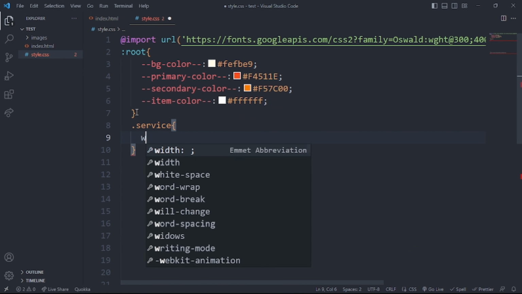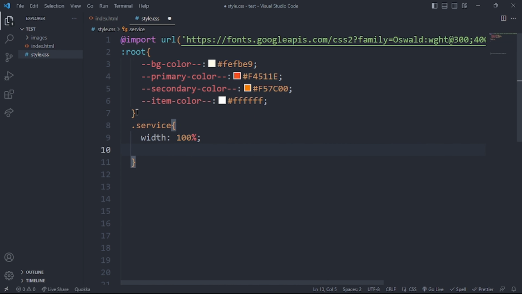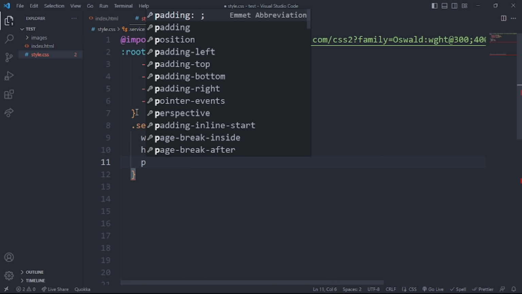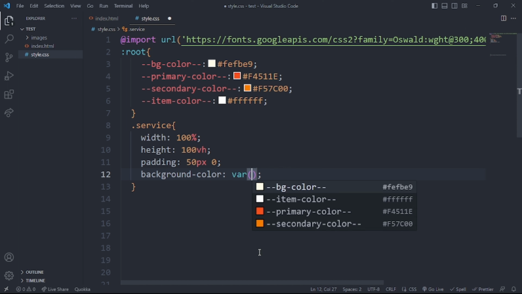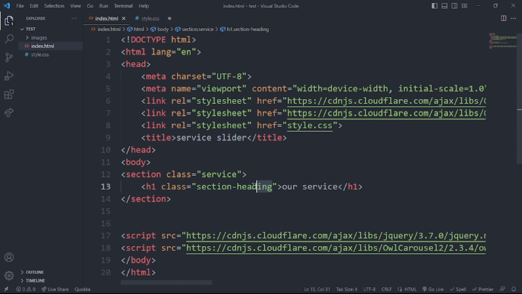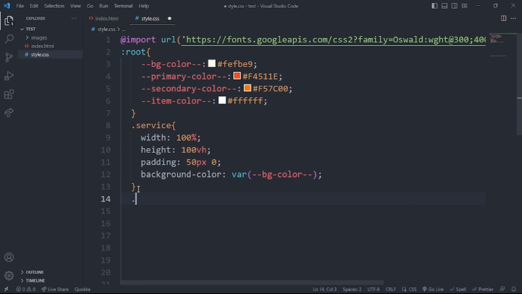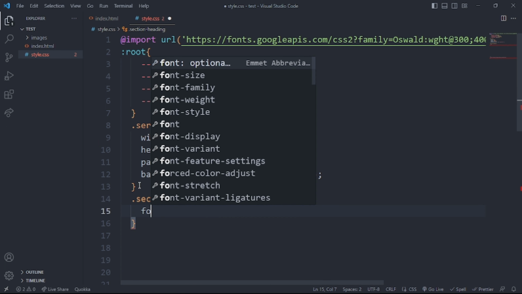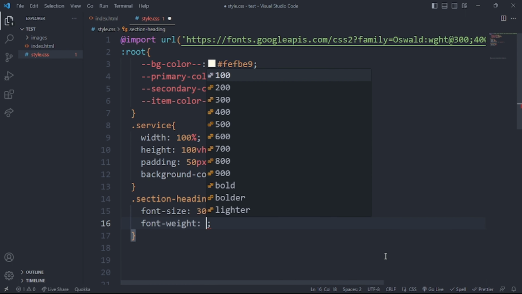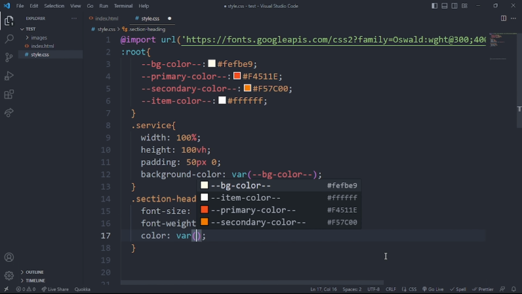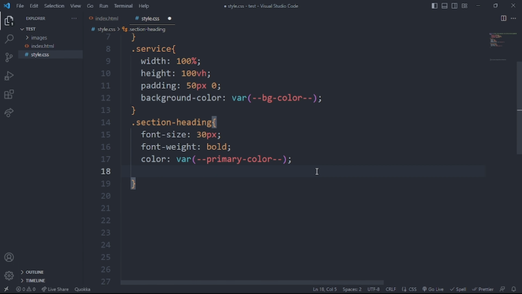So let's design service with 100% height, 100 VH, padding 50 pixel top bottom, left right 0, background color var bg color. Then section heading: font size 30 pixel, font weight bold, color var primary color, text transform uppercase, margin bottom 5 pixel,